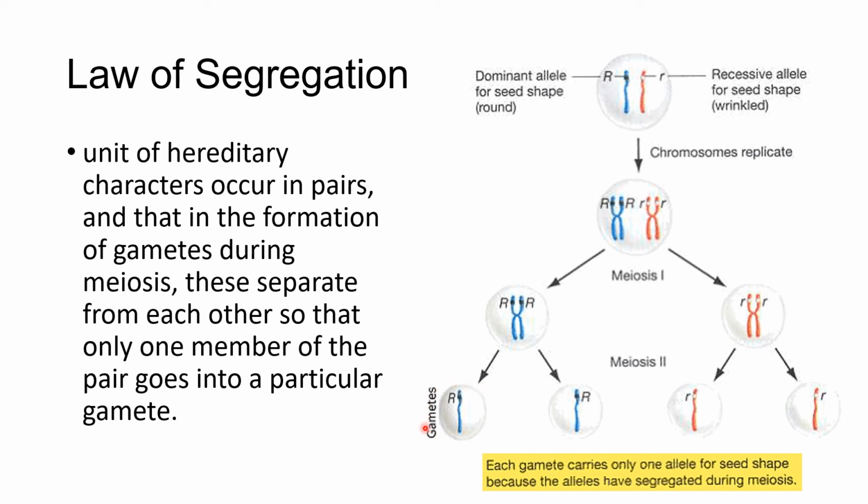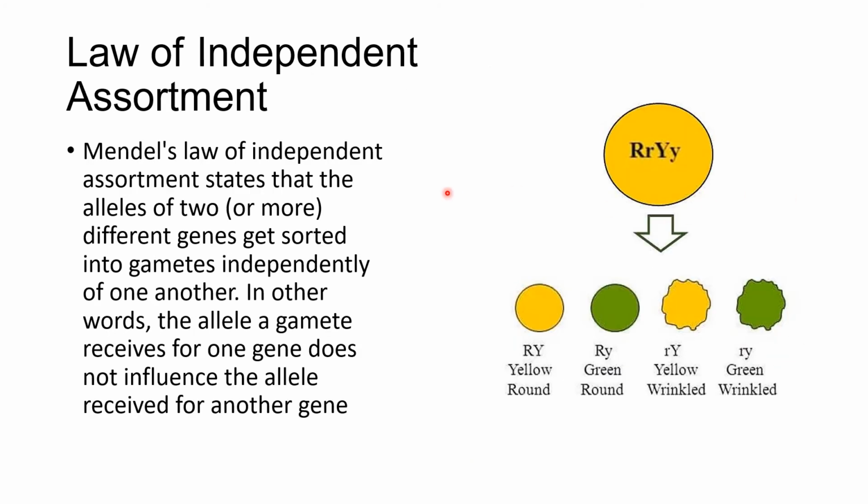So one gamete only carries one allele for seed shape. The next one, only one allele again for seed shape. Then another, only one allele for seed shape, and then the last one, only one allele for seed shape. They segregate. And then when we say law of independent assortment, Mendel's law of independent assortment states that the alleles